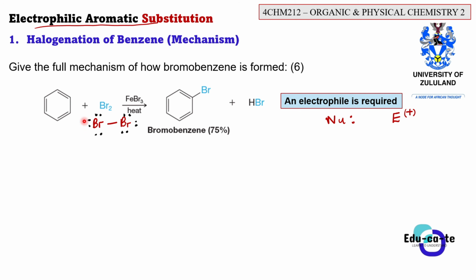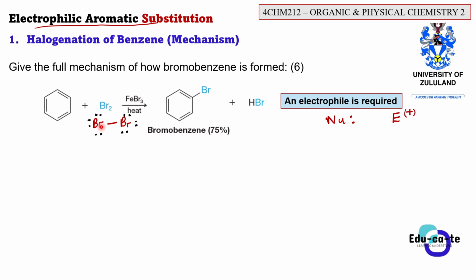But in this case, do you see that this is Br2 and we don't have any electrophile here? There's nothing that can be positively charged here because this is bromine, this is bromine. These are two bromine atoms that are bonded together. They are the same atoms, they have the same electronegativity. There is no atom that pulls electrons harder than the other one. So the electrons between them are distributed equally because it's the same type of atoms. They are non-polar, in other words.